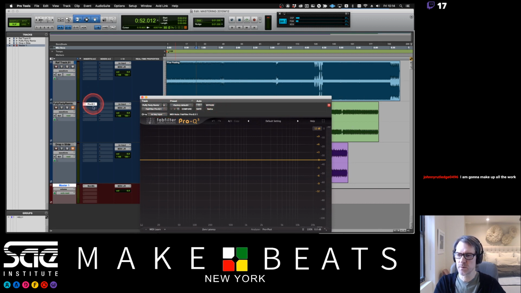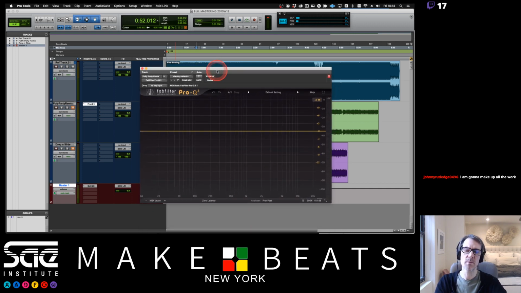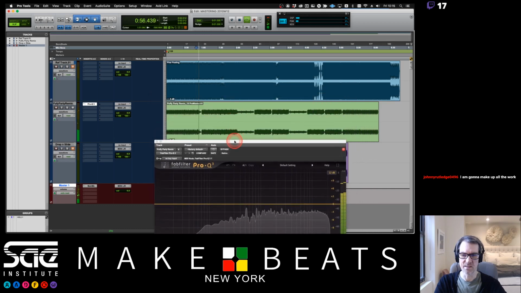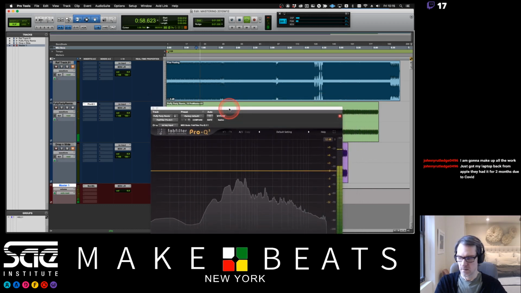So first things first, I'm going to put an EQ in here, and this is my Pro-Q 3. I swear by this. I'm going to show you the effects that I actually use in real life, and then I can show you some good substitution effects down here on this drop and slide one. The reason I use this Pro-Q 3, let's go over here, and you can hear how much quieter it is compared to the other one, right? And so what we're looking for,